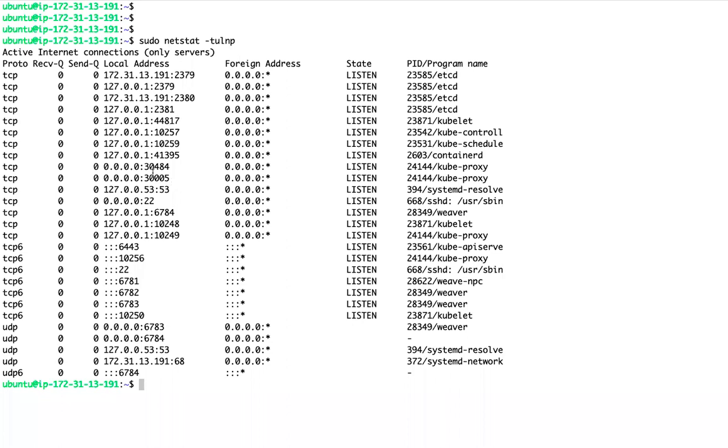The moment I created a node port service, if you see, 30484, this port is opened. This port will be opened in all the servers, all the Kubernetes machines, all the nodes. So we have 30005, we have 30484. Again, it's a node port. The request will be taken care of by kube-proxy, right? The moment I create a node port service, that port will be opened and listening on each and every Kubernetes node.